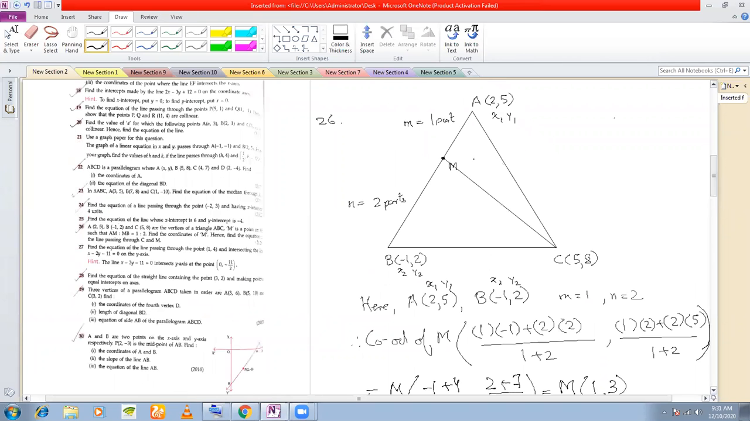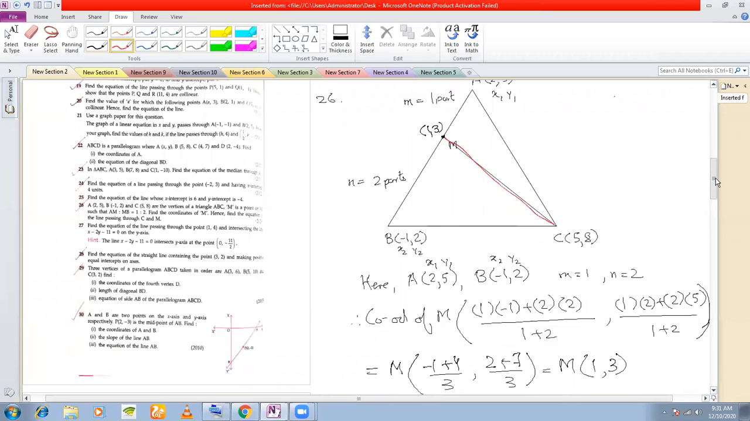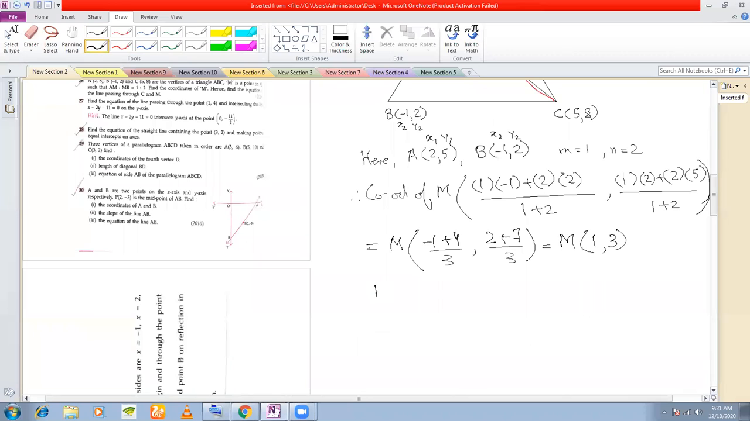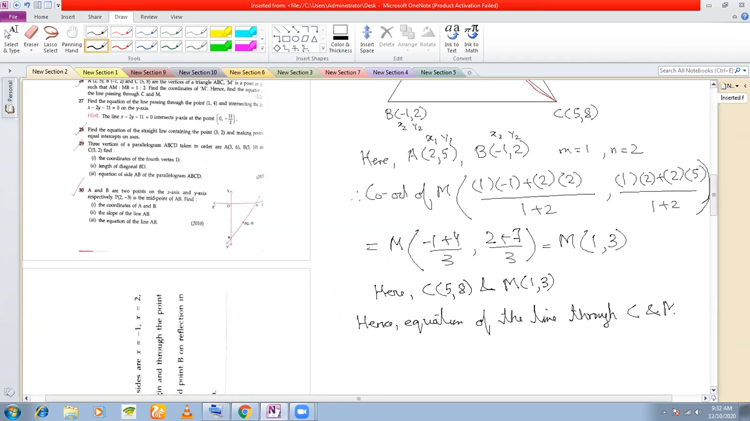The second part is find out the equation of CM, the line through C and M. You have found out the coordinates of M as how much? (1, 3). So you know 2 points on this straight line CM, so we can use the two-point form. Let's write the coordinates first. Here C is (5, 8) and M is (1, 3). Hence, the equation of the line through C and M is